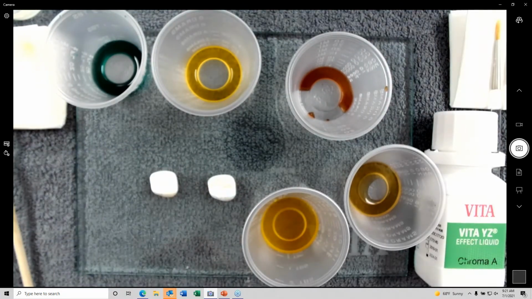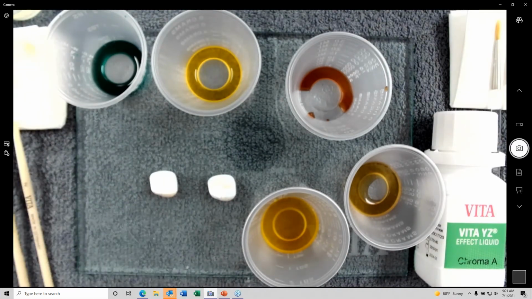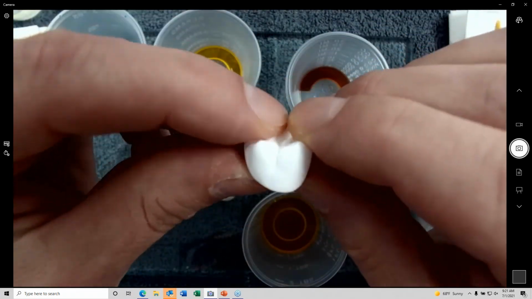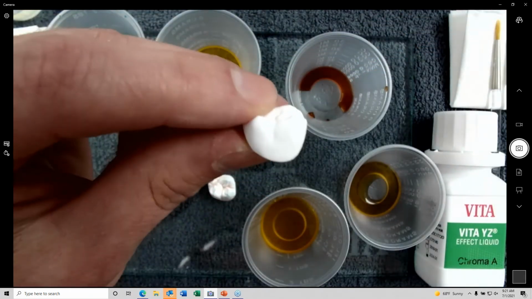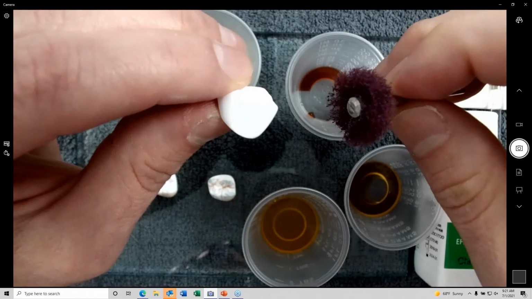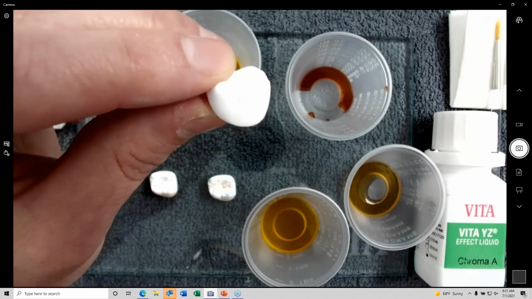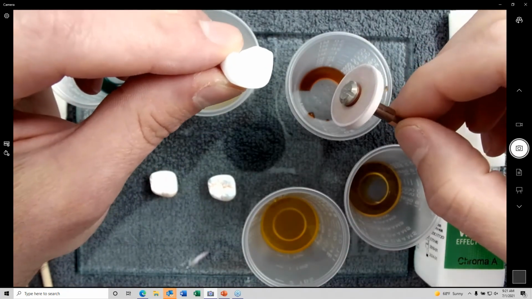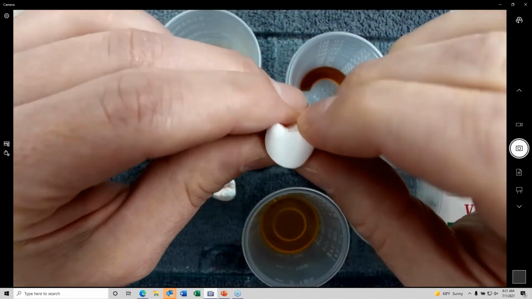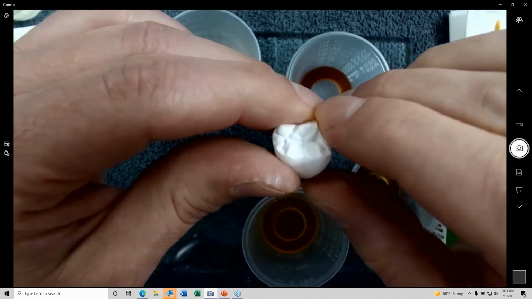So the other thing I wanted to say about these before we move forward is about finishing these before it goes into the sintering furnace. Actually, the more you can smooth these out, the better. I have a couple of tools I use. I have a rough brush like this, which will knock off most of the burr lines. And then I've got a super soft rubber wheel that I usually go over it, and it'll smooth it out pretty well. Again, the smoother I can get it before it goes into the sintering oven, the easier it will be to work with